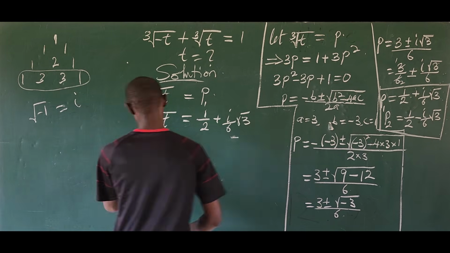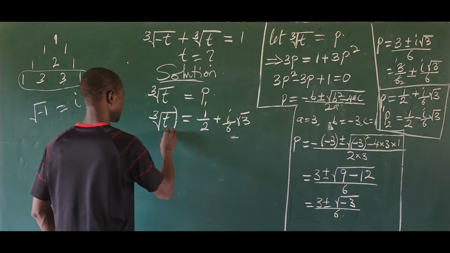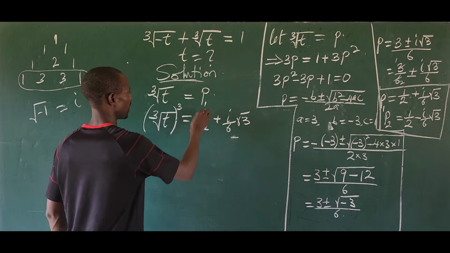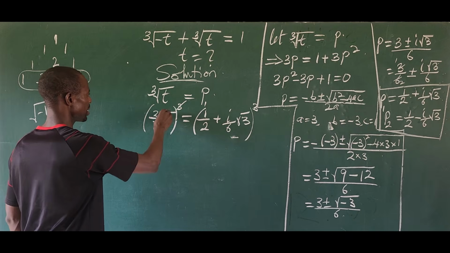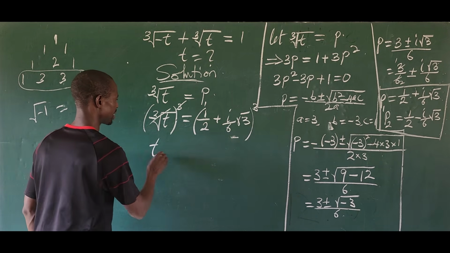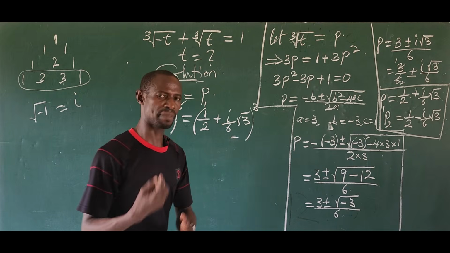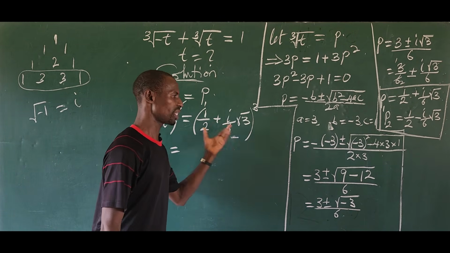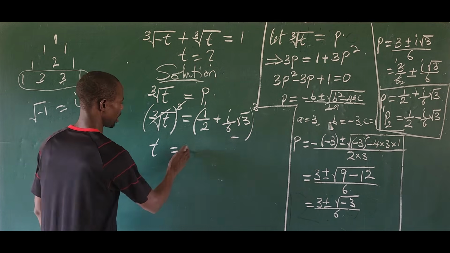We have to take the cube of both sides of the equation. So raise this to power 3, and we equally raise everything here to power 3, and so this and this will leave. So we now have t equal to, if you use binomial expansion to open this up, which I have done already, then this will give you